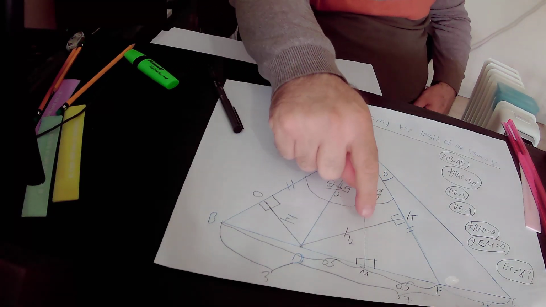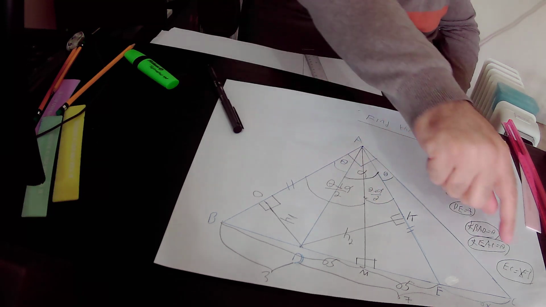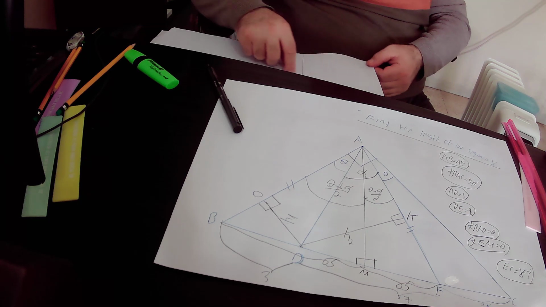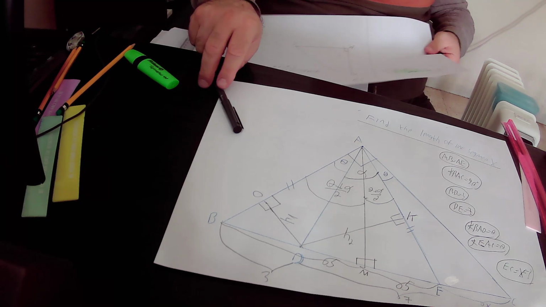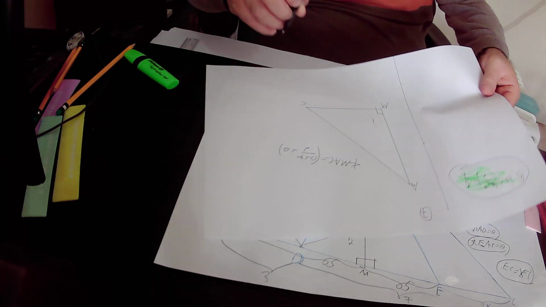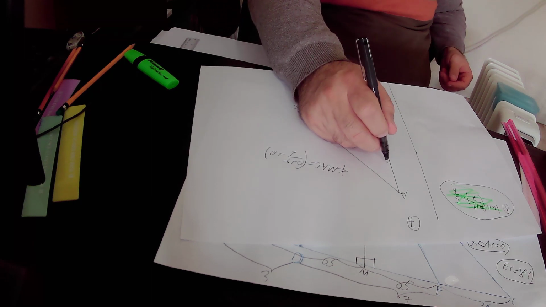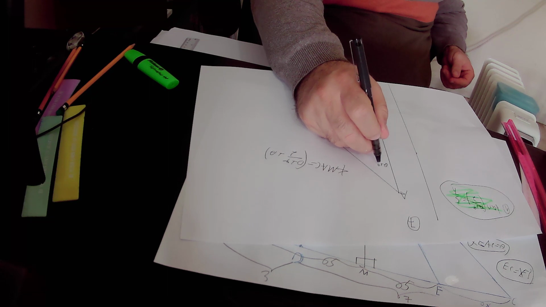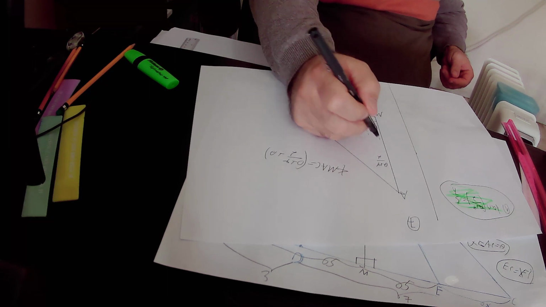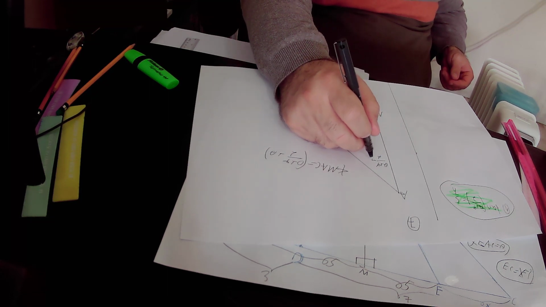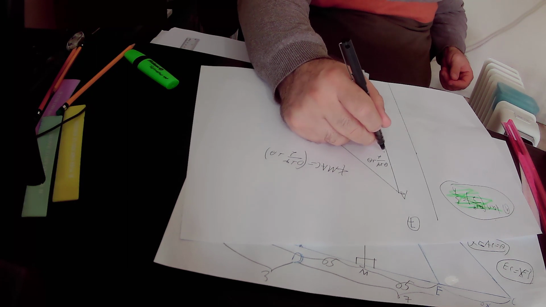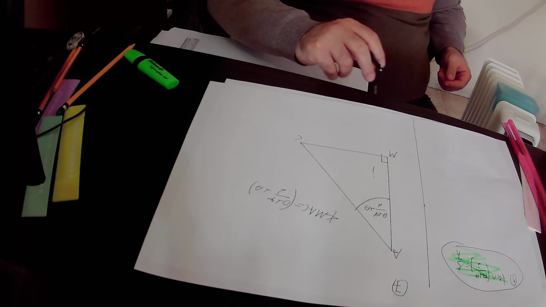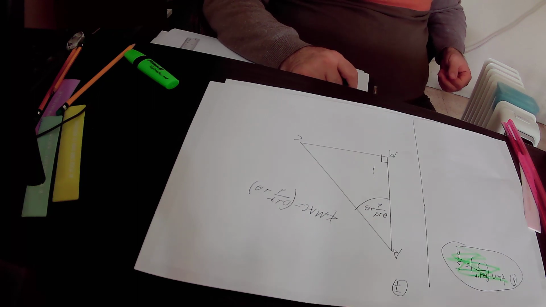Repeat again, the value of this angle MAC equals (theta plus alpha) over 2 plus theta. Okay, so here we can write down that the value of angle MAC equals (theta plus alpha) over 2 plus theta,